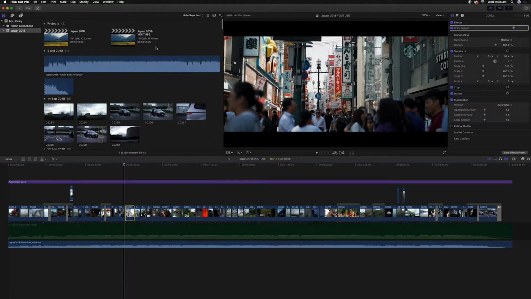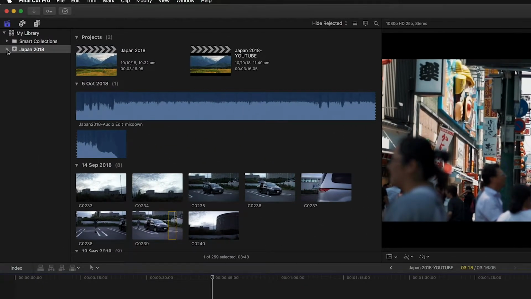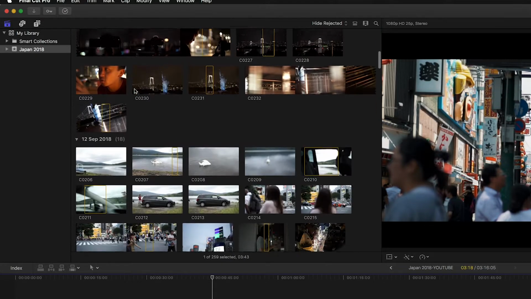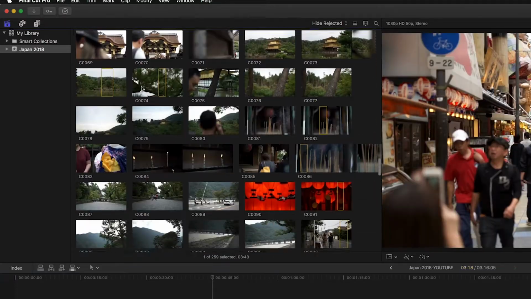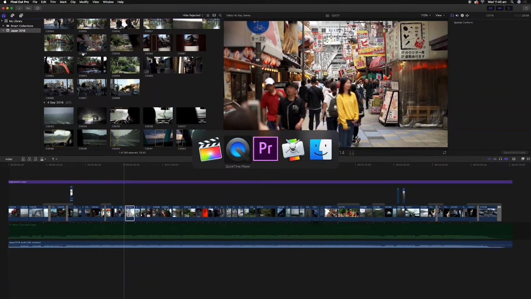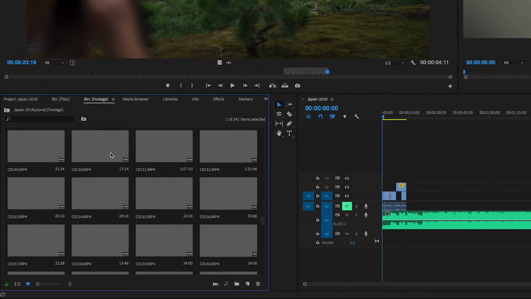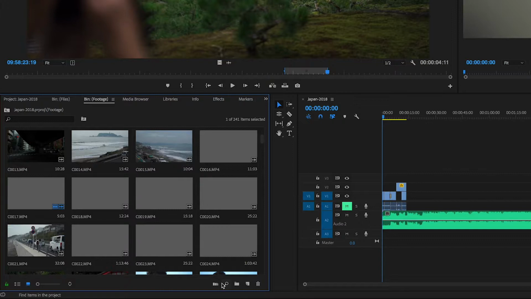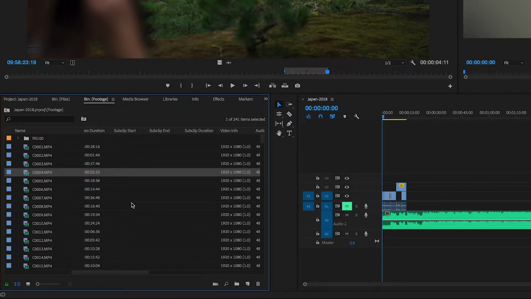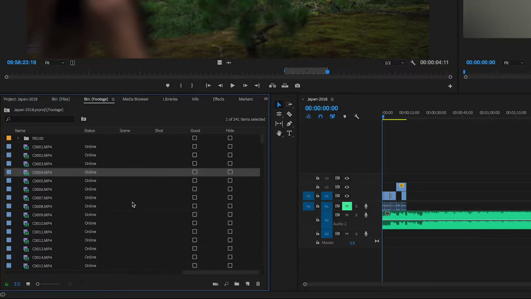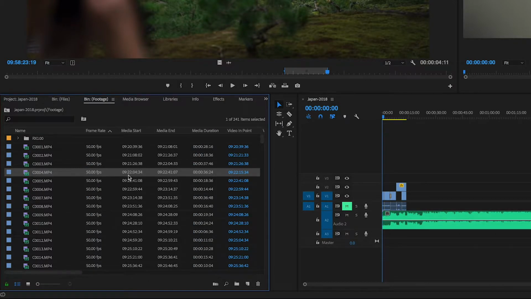First difference, when you import your footage, we're going to go ahead and create an event. And I've gone ahead and created my event, Japan 2018. And as I imported all my stuff here, it's gone ahead and created dates for all of them, which is great because in Premiere Pro, if I jump back to my project in Premiere Pro, which obviously never got finished, my bin for my footage is just a whole bunch of random clips. And even if I go to something like a list view, it's kind of the same thing. I could see my video info or mark takes, which is great, but definitely not the same,